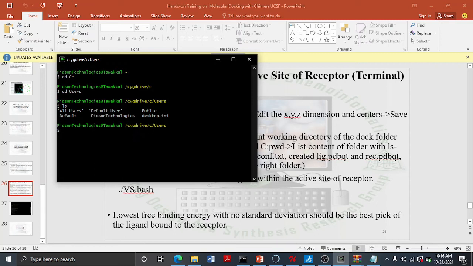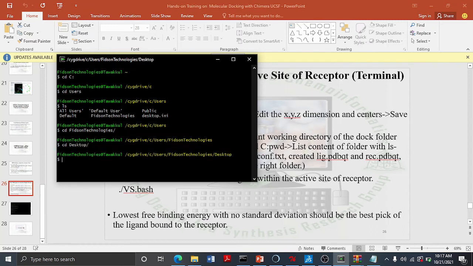Your computer name will be where to go to next. That will be cd. I can type in this fits in, then I press on the tab key. The tab key completes it, and you press enter. If you don't want to do that, you can always type it to the end and press enter, but the tab helps to guide you that you're on the right track. In your computer now, you can now go to where the folder is, that is on desktop. You click enter,